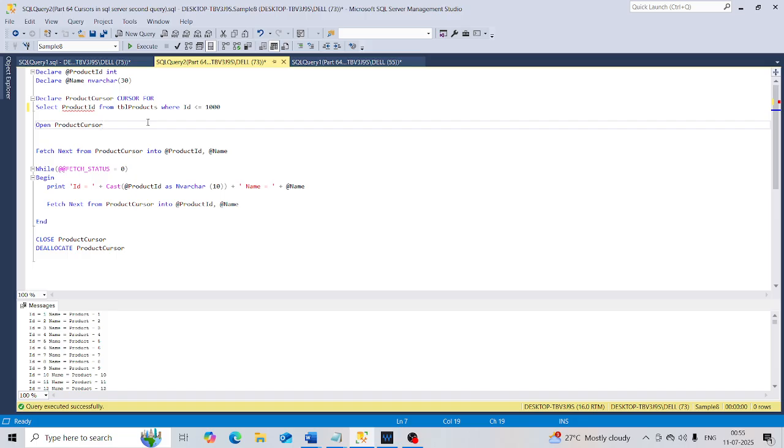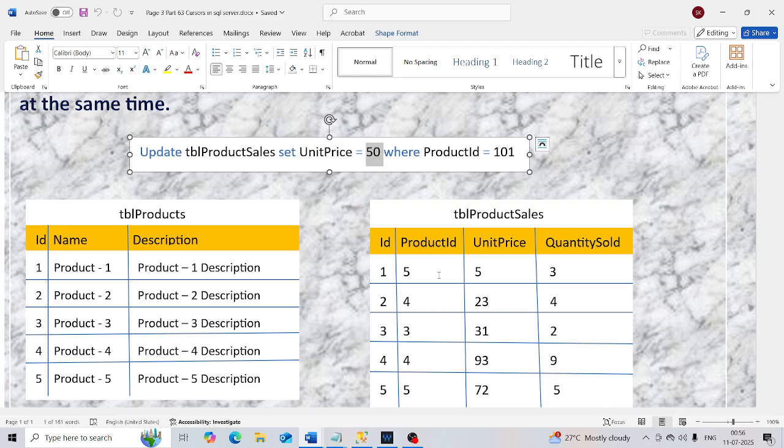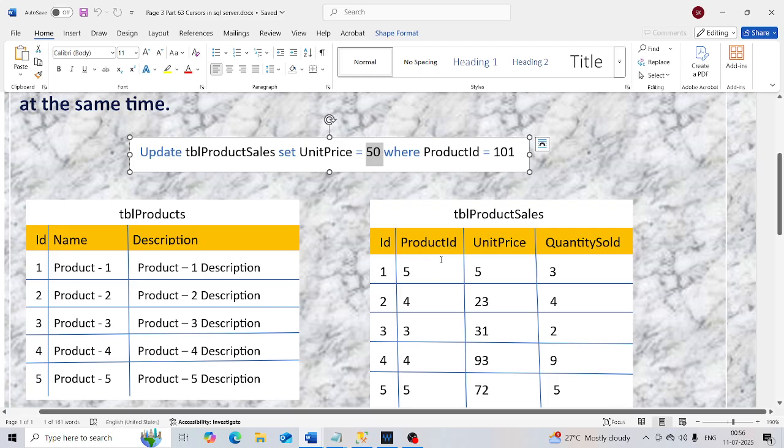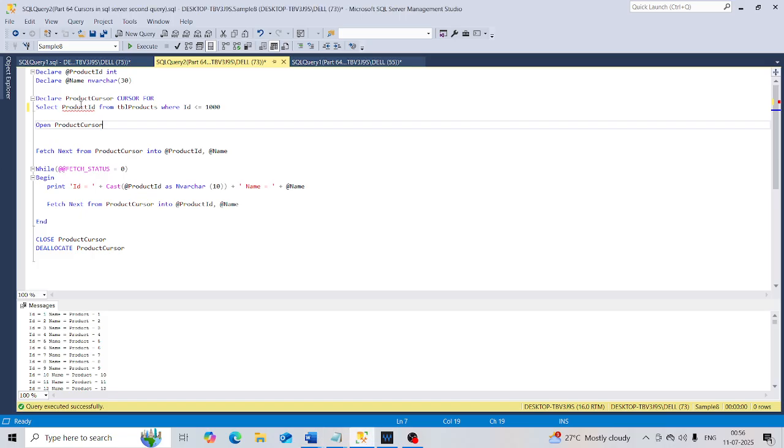Because in the TBL product sales table, look at this, we want to retrieve the product ID. So select product ID